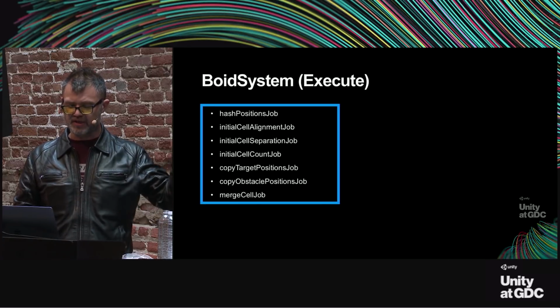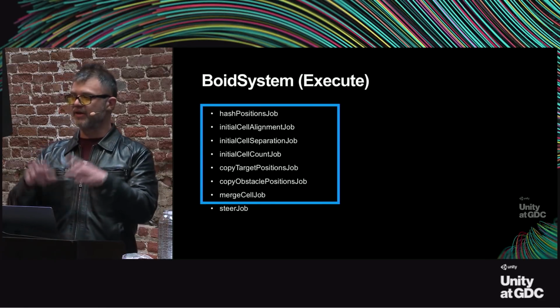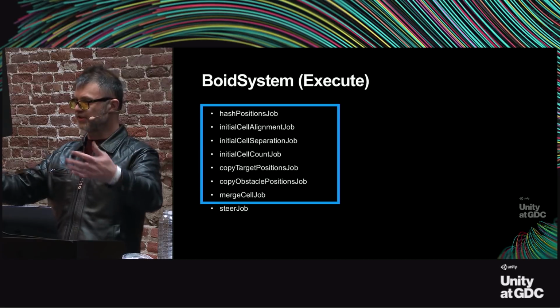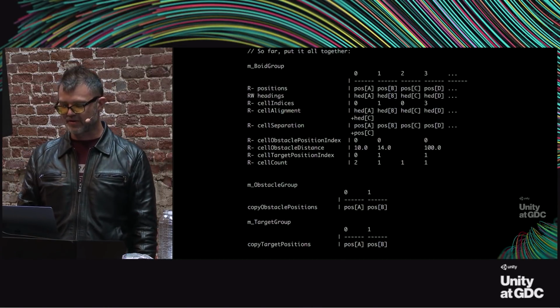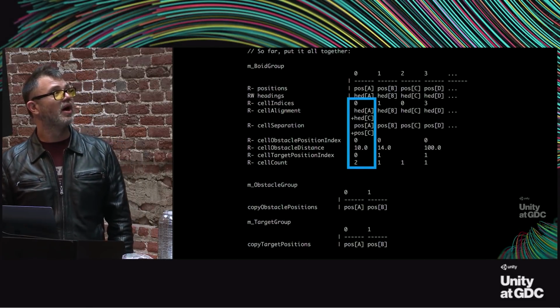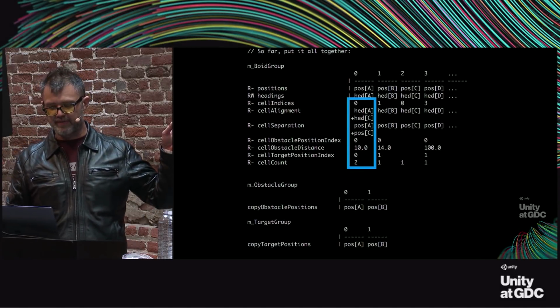We've done all the initialization, we've hashed positions, we merged the cell jobs. Now we have all the data we need. Now we just do the steering part. Let's get those voids actually pointing in the right direction. So what have we written? We have